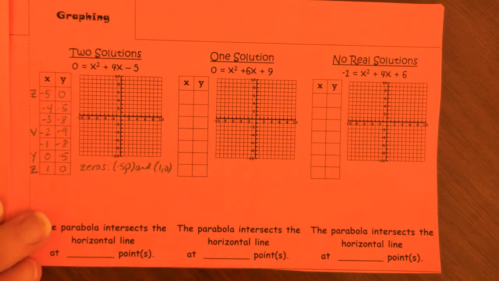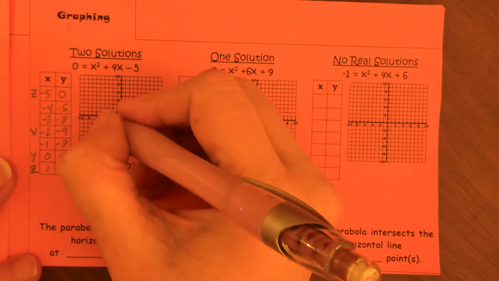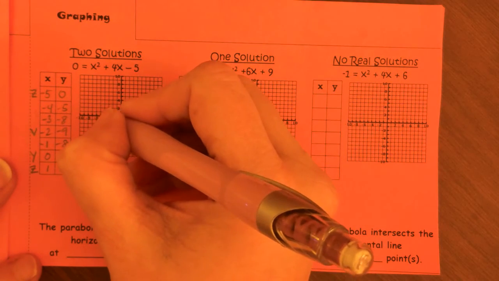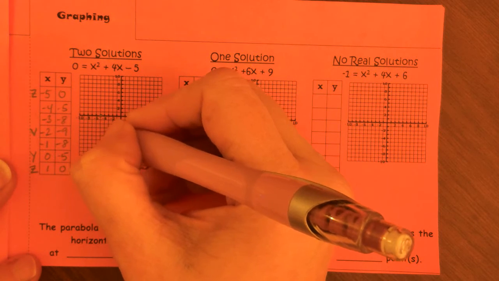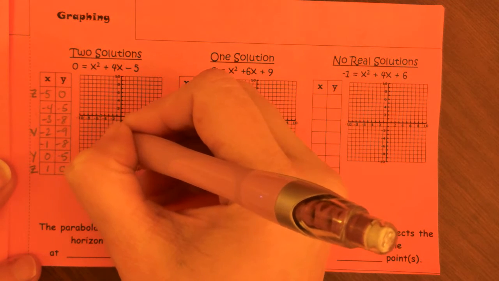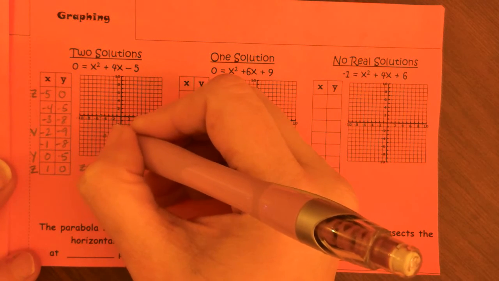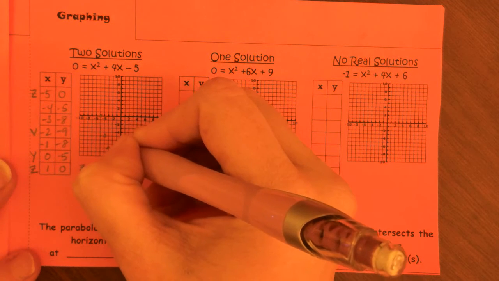And we're going to go ahead and graph it and take a look at it. Let me really quick adjust the focus and see if I can make it a little bit more clear. That's a little bit better. Okay, so we're going to plot these points. I have -5, 0, then -4, -5, then -3, -8, -2, -9,